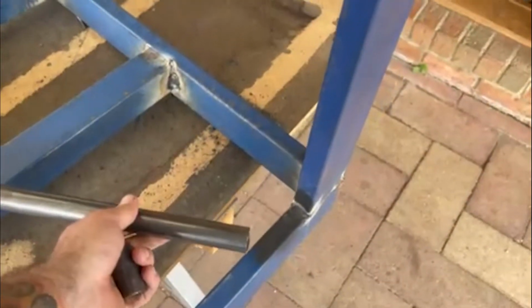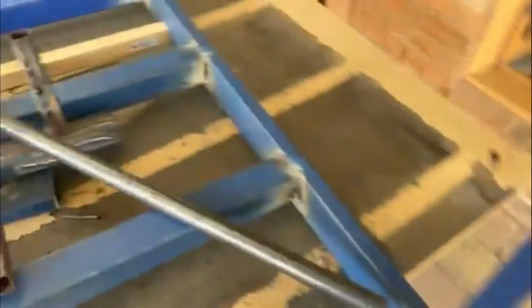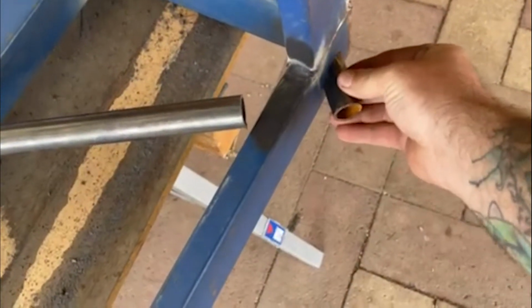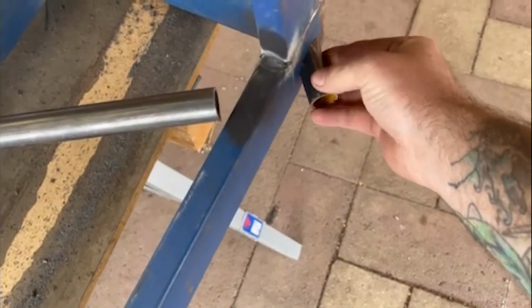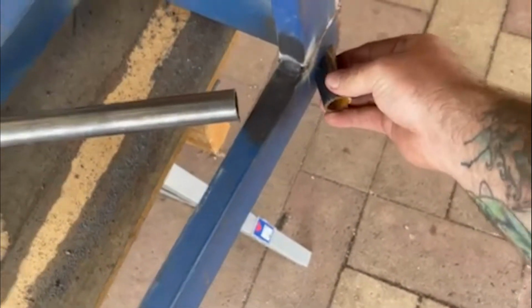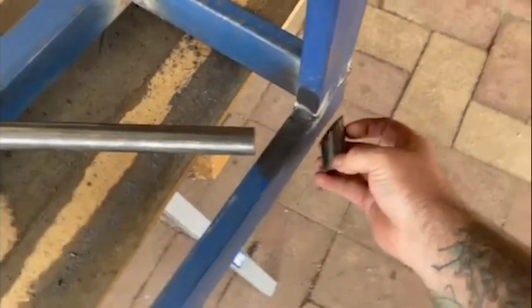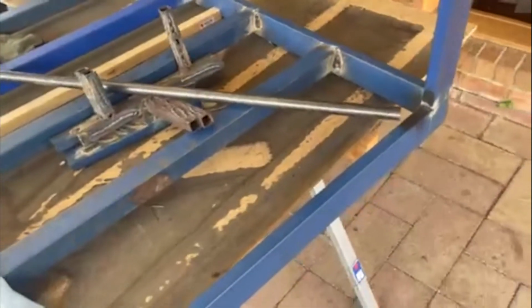So I've got some tubing here, which we're going to use for the sides, and I've already cut up a couple of lengths, but the whole original idea was to miter cut and place that on the side there, and then we have to miter cut that side, but just due to getting the angles right and making it all look nice, it was getting a bit hard to do a miter join, so we went